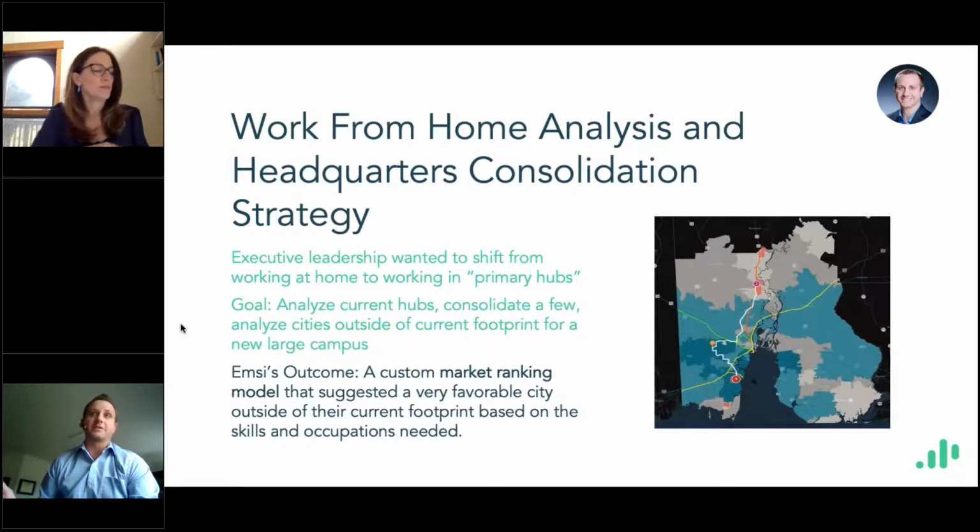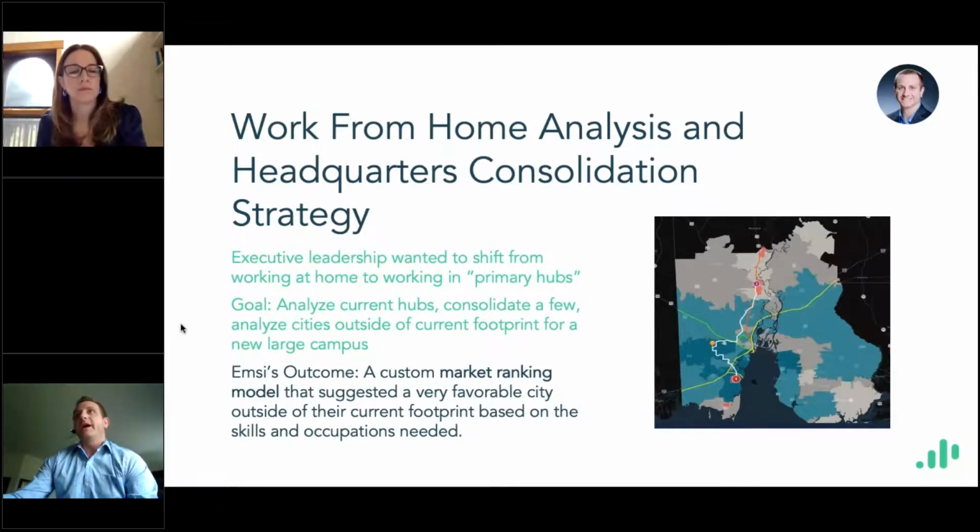As it turns out, one of the top recommendations was a city that they just didn't have much of a footprint in. So that was obviously really eye-opening for that group. It helped to bring data to the conversation as these executives met with different business leaders internally and said, you know, here's what you're telling us, but here's what we know the data is showing about the people that you're going to have to employ if we're to make this big change as a company.